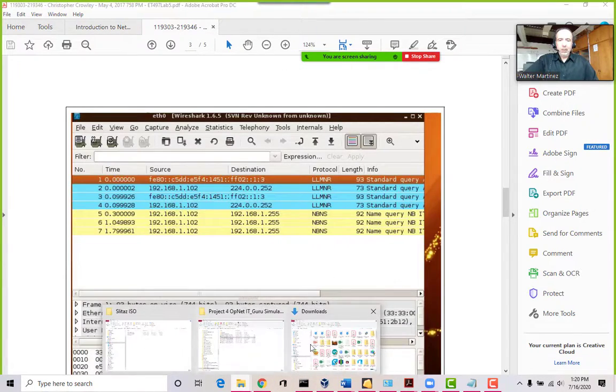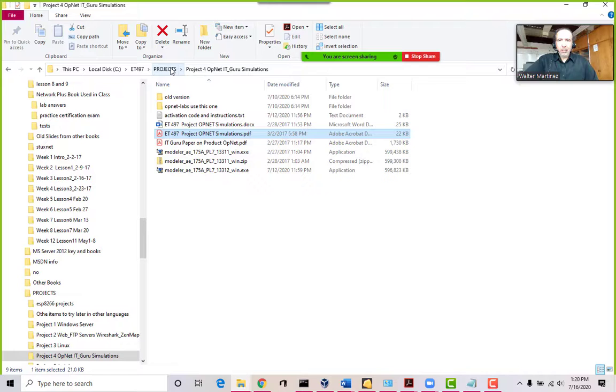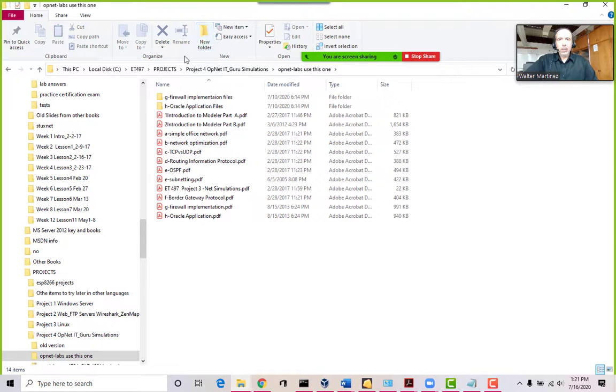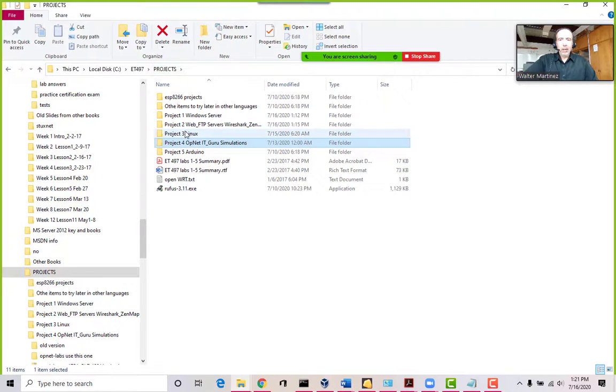All right, so let's look at the last project here. By the way, all the labs that you need, all the different PDFs that you need, are in your packet here. Everything you need is in here. All your software, all your instructions. You just have to put the time to go through each one. I hope you have the time to do all the labs. Hopefully the instructor will have the time to go through all of them. But if not, I recommend that you do the ones that there's time for and that you have a big interest in.